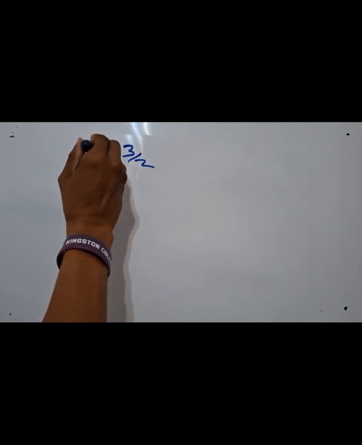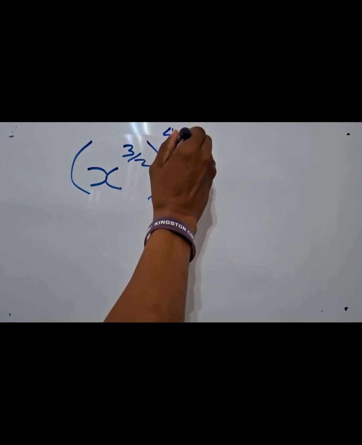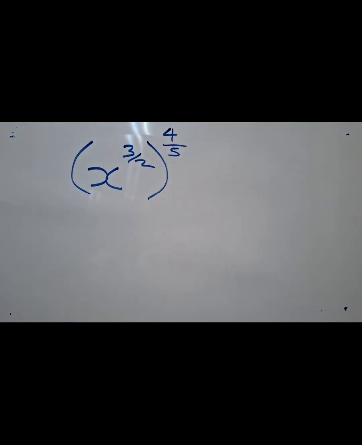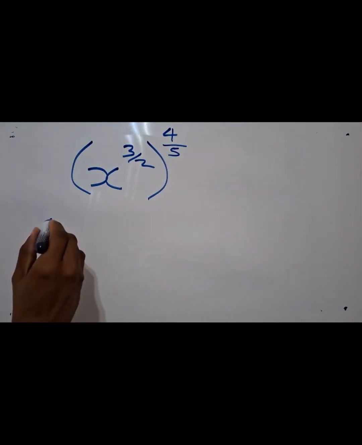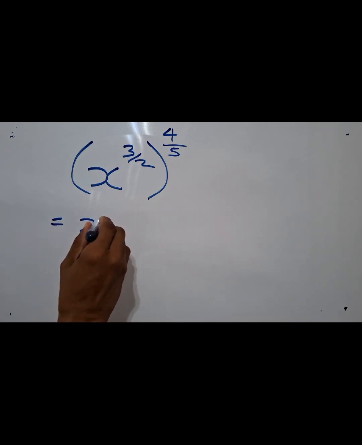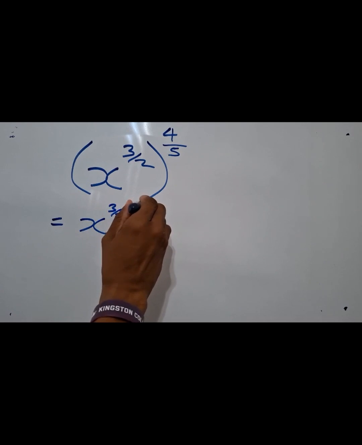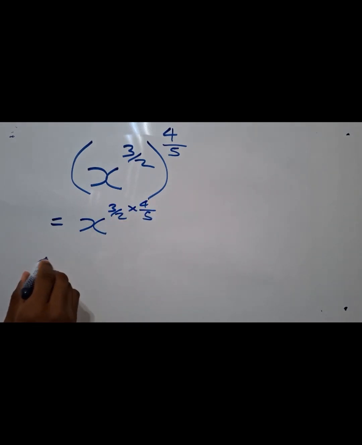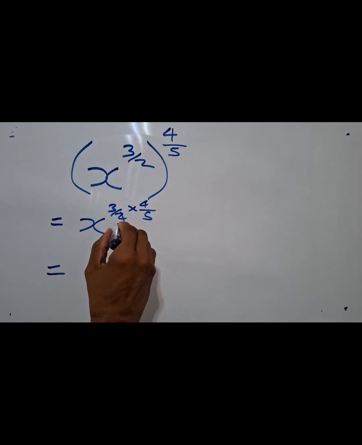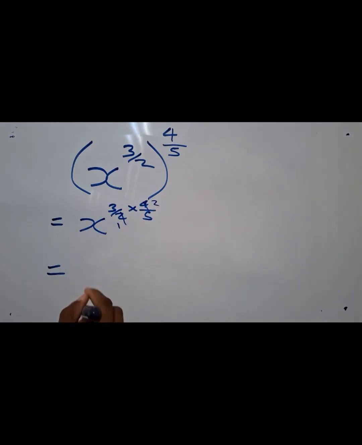Okay, so we have x raised to the power 3 over 2 in brackets, and then we raise this bracket to the power 4 over 5. And this is the same thing as x raised to the power 3 over 2, and then we multiply the power, which is 4 over 5. We say 2 into 2 goes 1 time, and 2 into 4 goes 2 times, because we can break it down. So we just multiply what's on top. 3 times 2 is